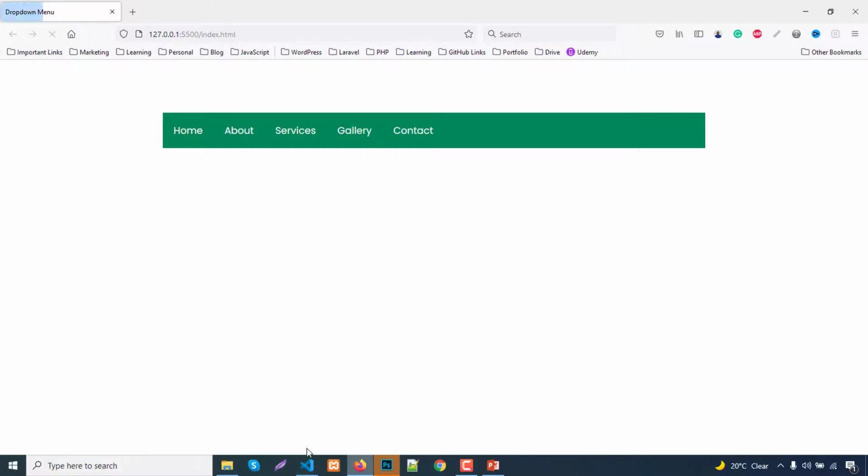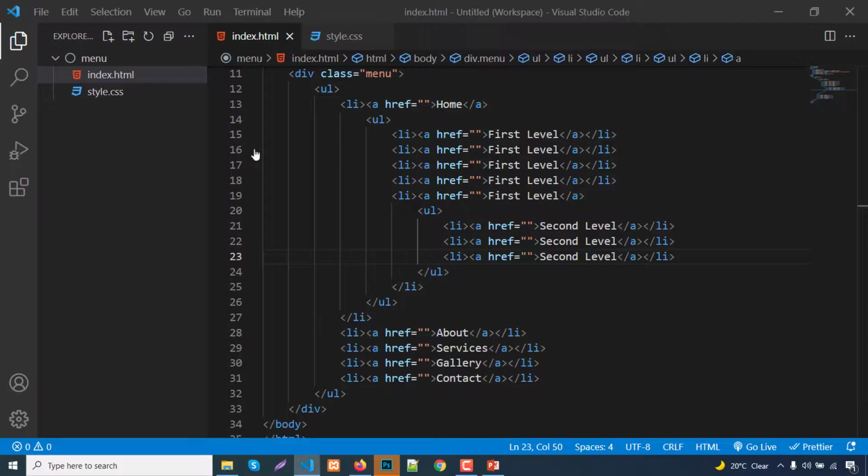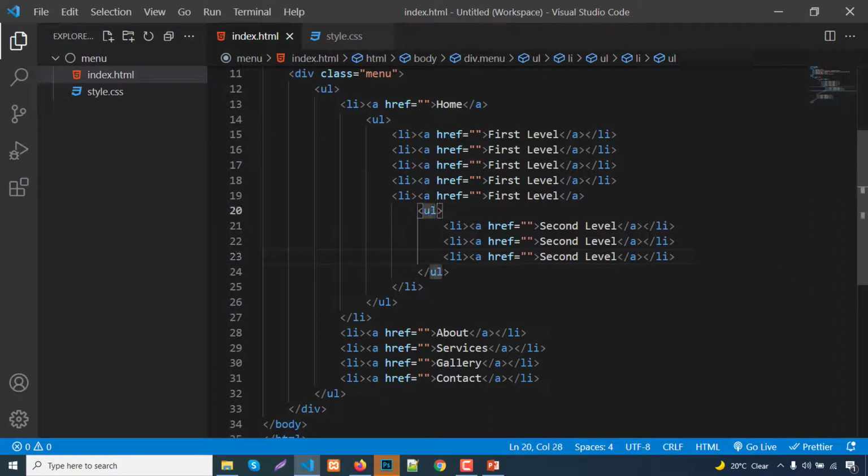Okay, and refresh the page and check. Our menu is visible, but it stands a bit below the first level. So how to solve this? We can start for the second level. I can write another comment, start second level, and end slash. We can write a class for better understanding, like class second level.